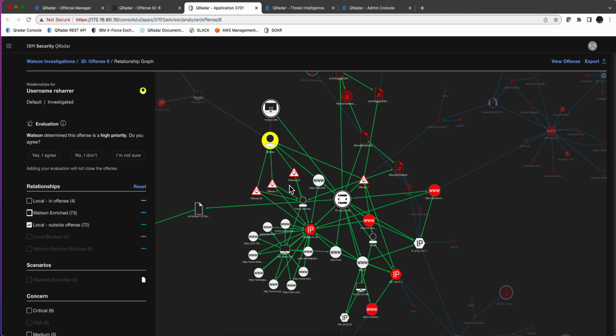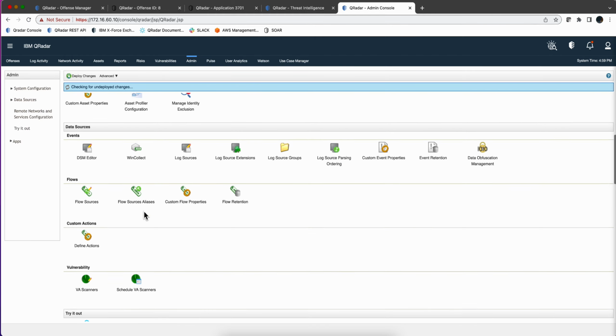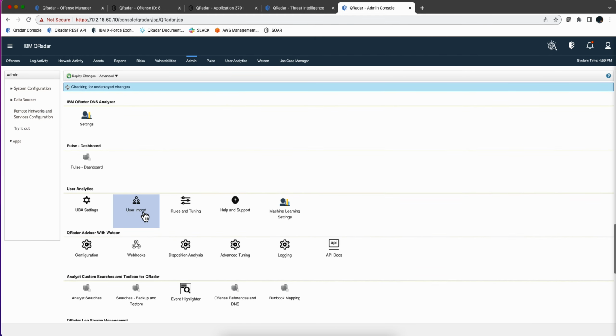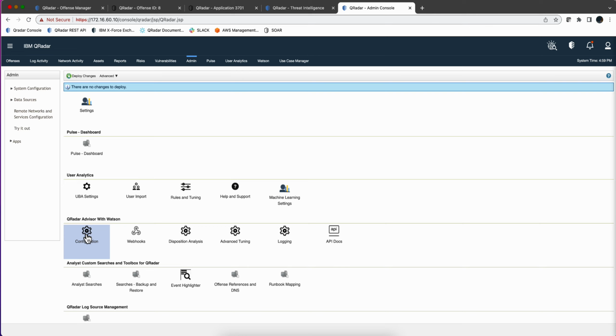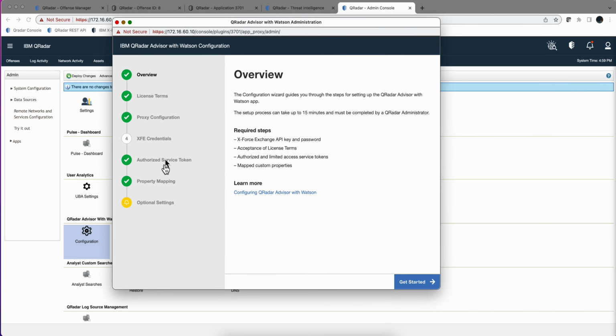But one important thing is, what is it that this thing searches? Well, it searches not only on the IOCs that were on those offenses, but also goes and searches on your reference sets that you tell the tool to search for. So let's actually go into Advisor and see how you set that up for it to work well. This is important, because otherwise Advisor will miss some of the things. Let's go